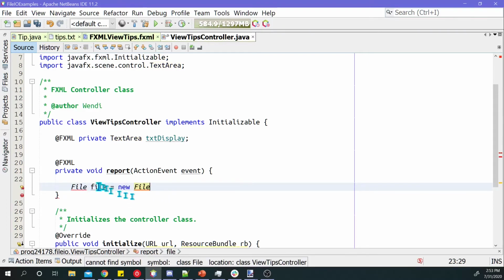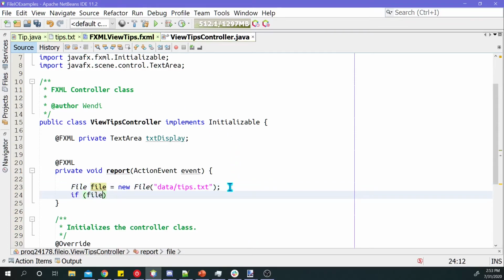I don't know why I always call the variable file. I guess if you have more than one file, you probably want to be a little more self-documenting. It's in data and it's called tips.txt. And again, you've got it open right there, so you can always check if you're not sure. And if the file exists,